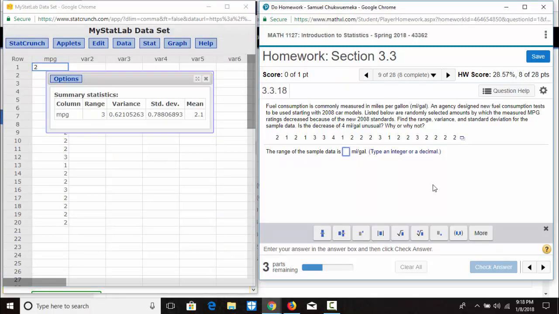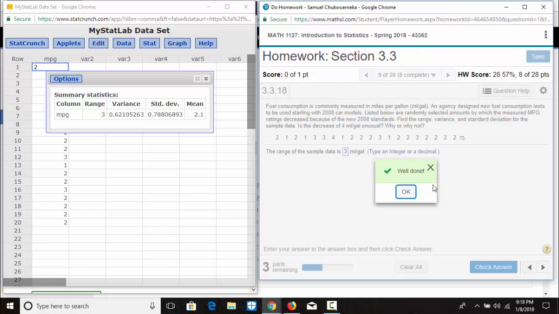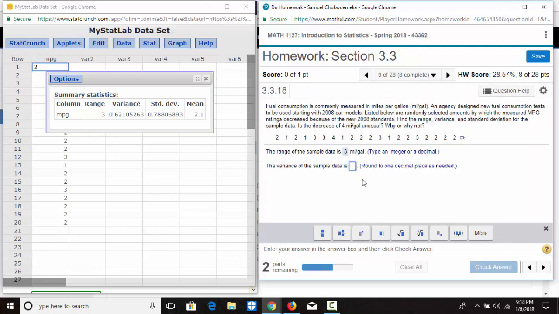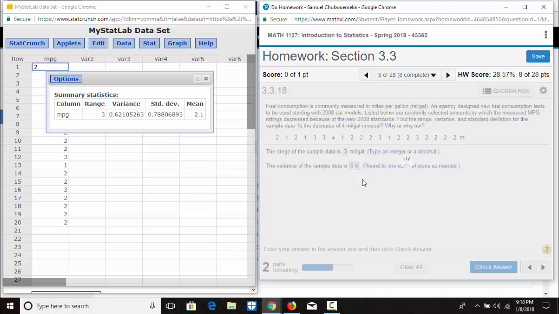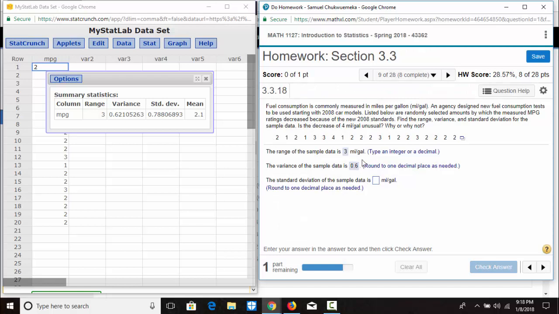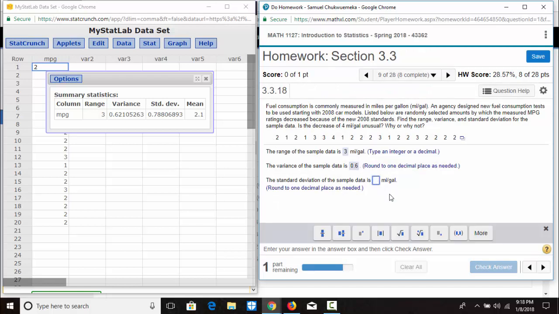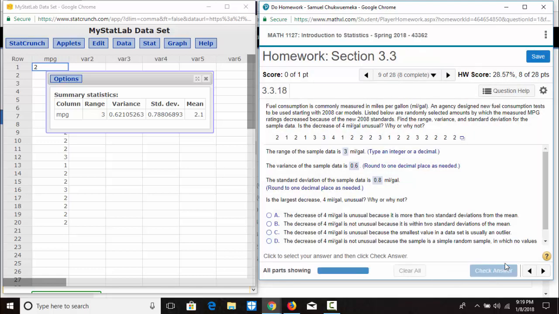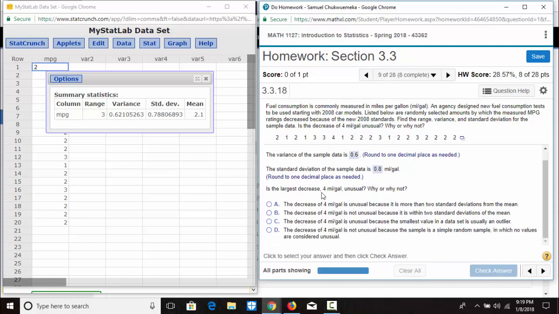The range is 3 miles per gallon. The variance to one decimal place is 0.6 miles per gallon. The standard deviation to one decimal place is 0.8 miles per gallon. Then it says, is the largest decrease, which is 4 miles per gallon, unusual? Why or why not? So what I'm going to do here, folks,